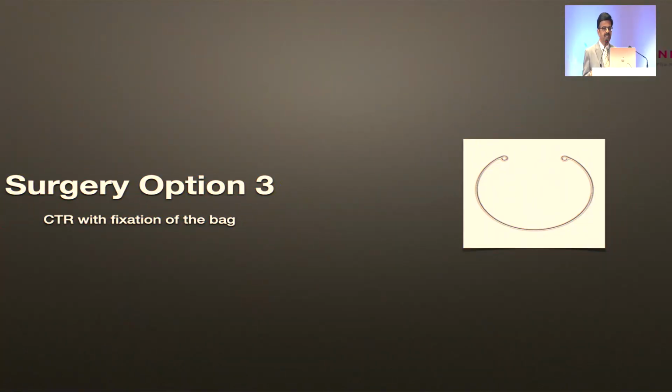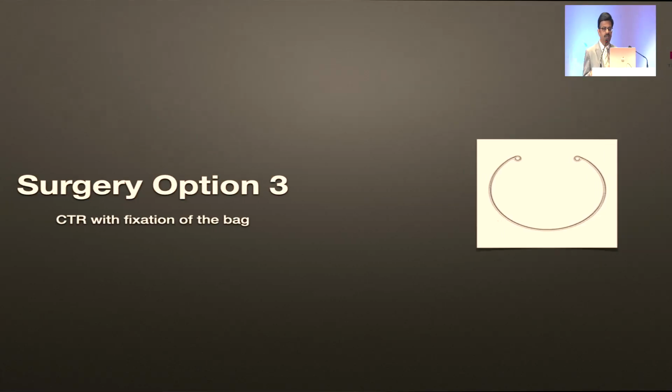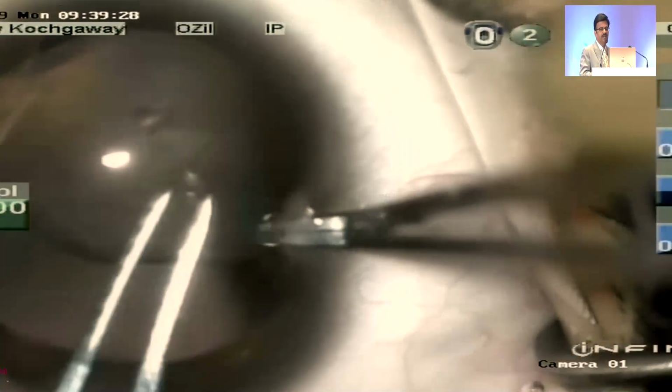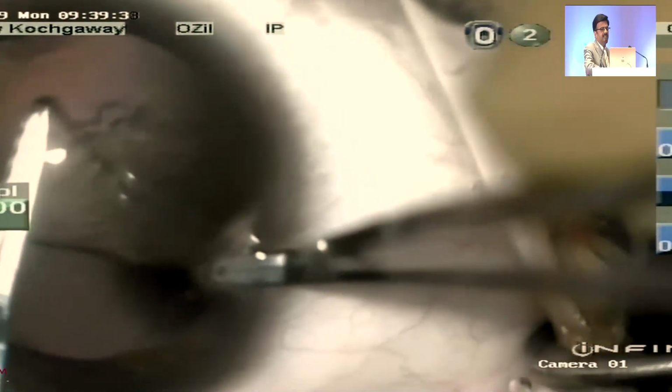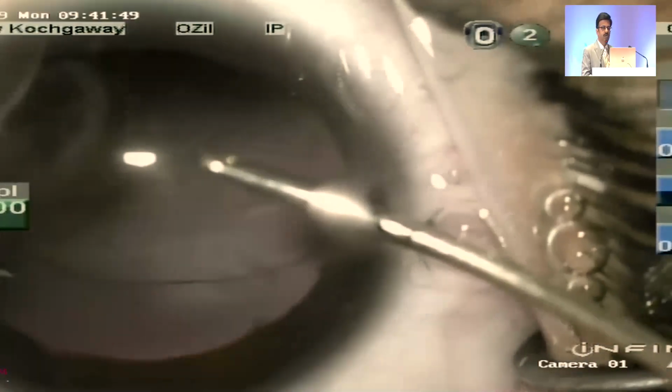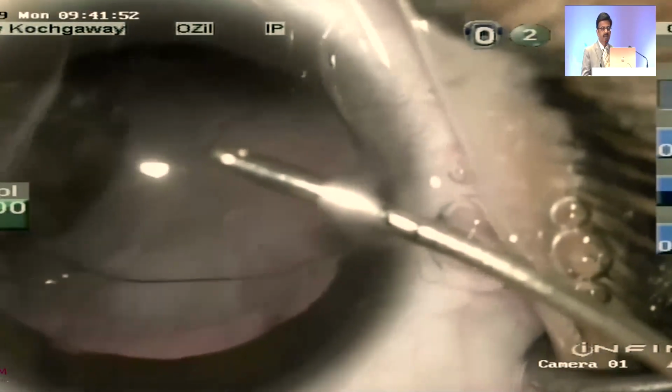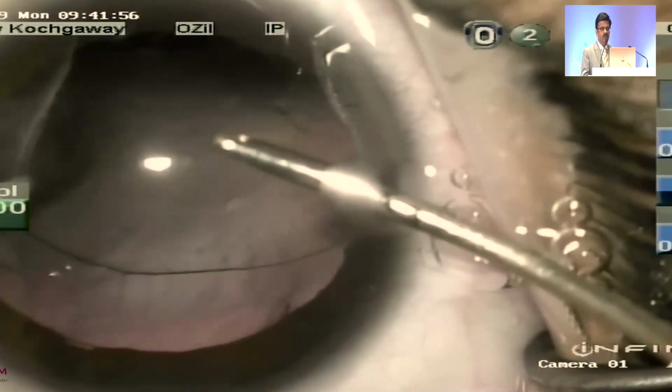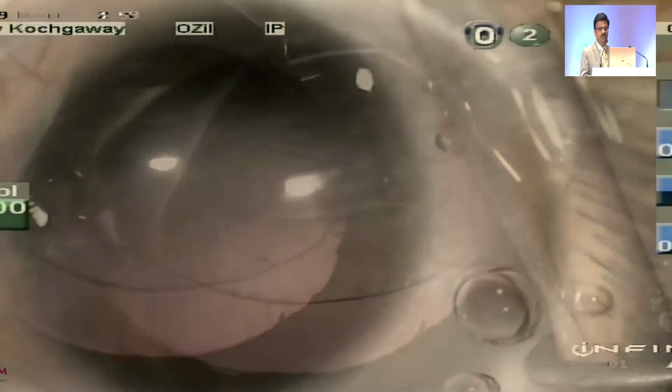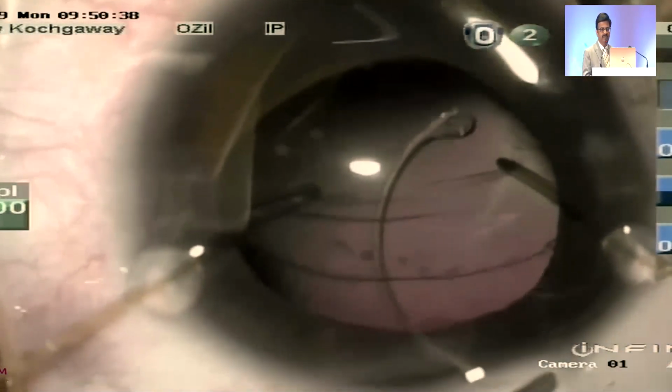Next, I will go to a third option in a similar case. In this, what had happened was that in the other eye we had used only a CTR, and the lens had got well centered. So I was not prepared with an Ahmed segment or a Sioni ring in the other eye, and to my surprise, after the CTR was implanted first and then the lens was implanted,